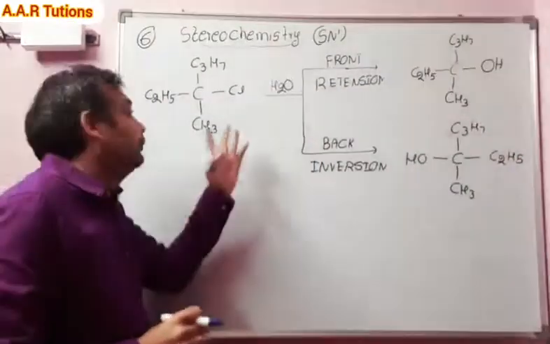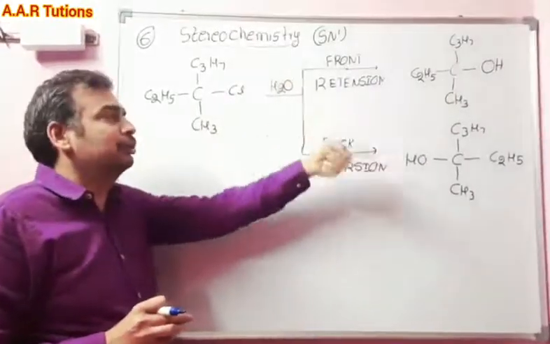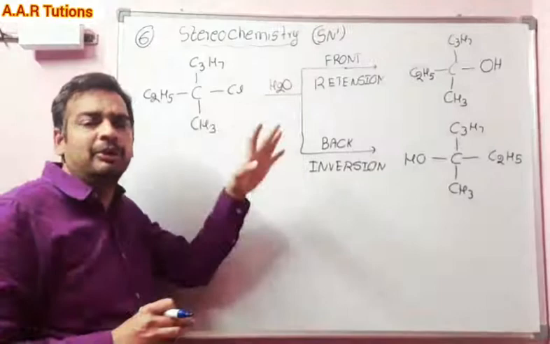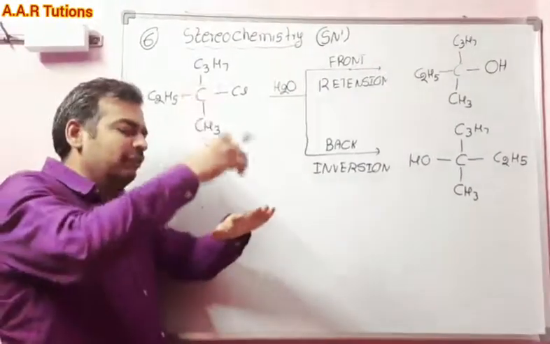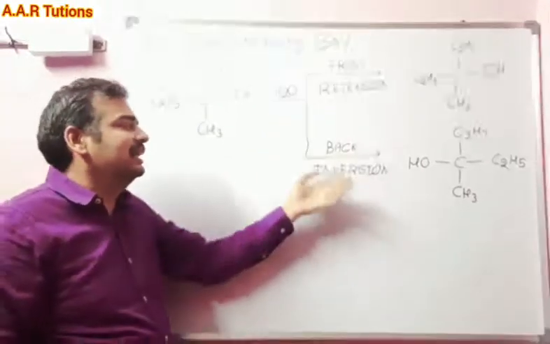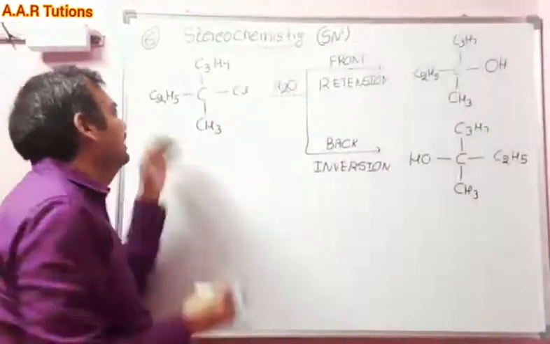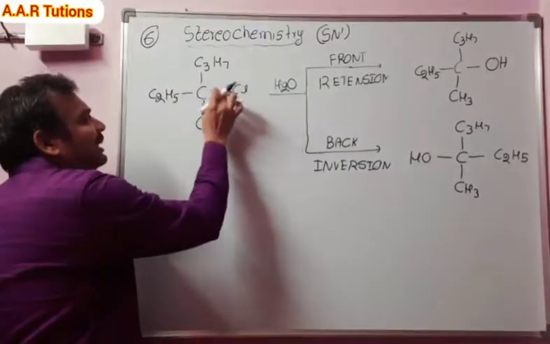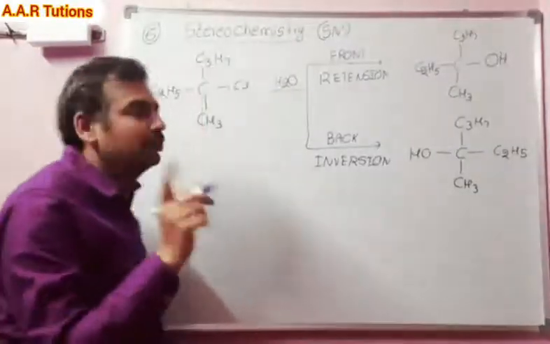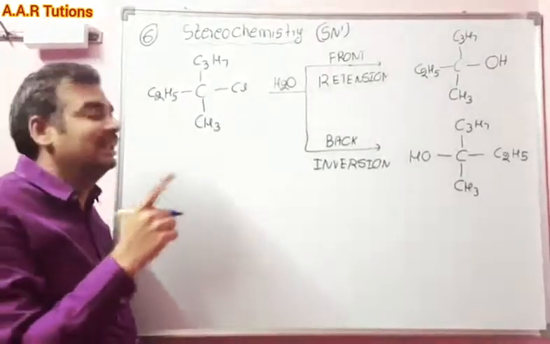Very important: suppose it is the front side, what is happening first? There is a chiral carbon, so one carbon gives a mixture of enantiomers. Those two are enantiomers. After forming the carbocation, which is sp2 hybridized trigonal planar, one OH attacks at the front side and another OH attacks at the back side. Front side attack is retention, back side is inversion. For the front side isomer, write OH in place of Cl. For the back side attack, OH comes from the back side with respect to Cl, and the group at the left side moves to the right side. Now we will give the RS notations for these compounds to understand better: racemization, racemic mixture, retention and inversion.